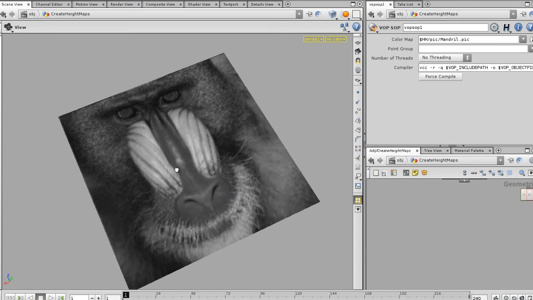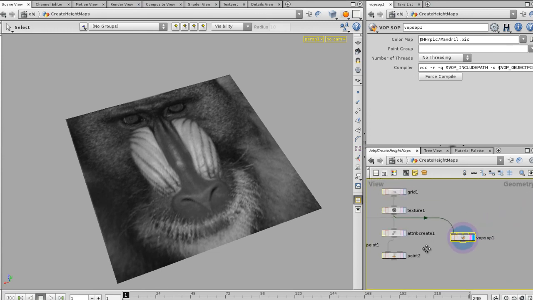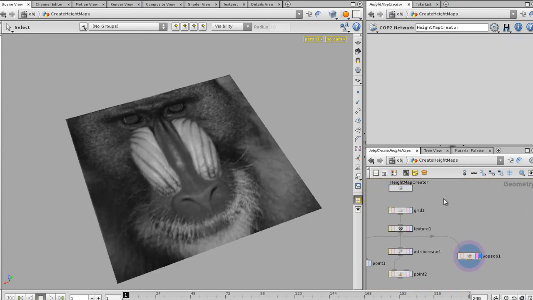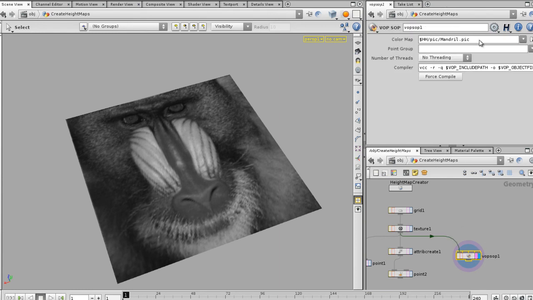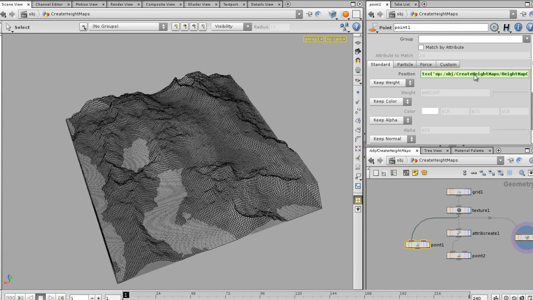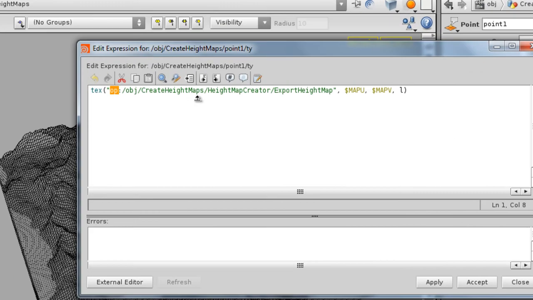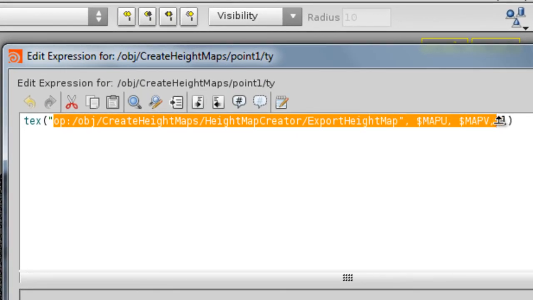And now what you want to do is get the height map straight out of the height map creator we did over here. Now I'm gonna use the same function, the same expression which I did over here. Only this particular time I'm gonna just copy this particular portion, and